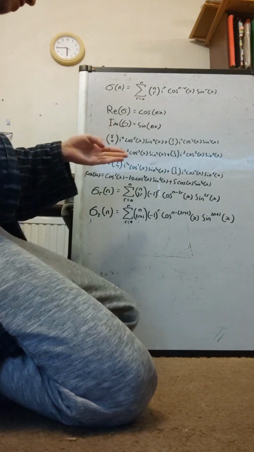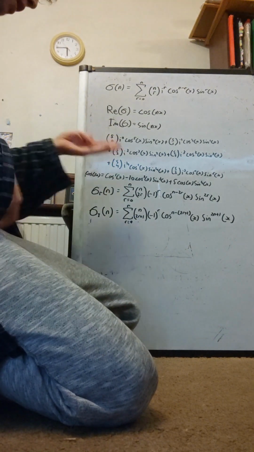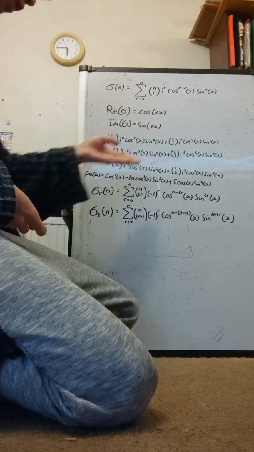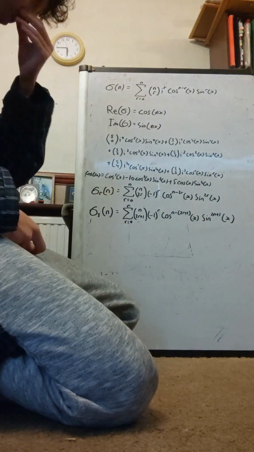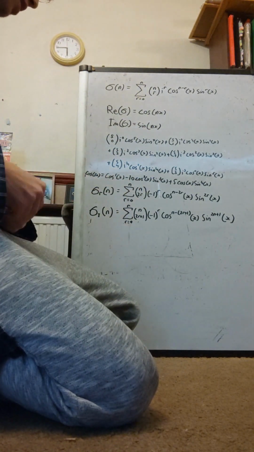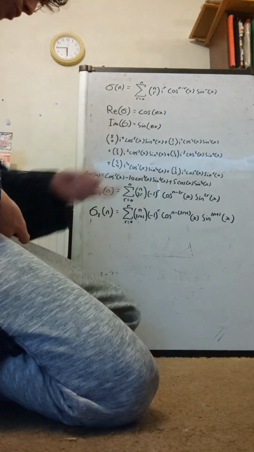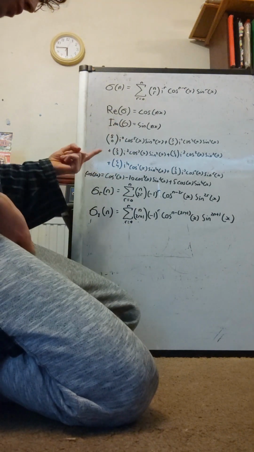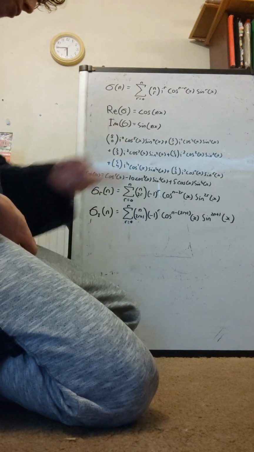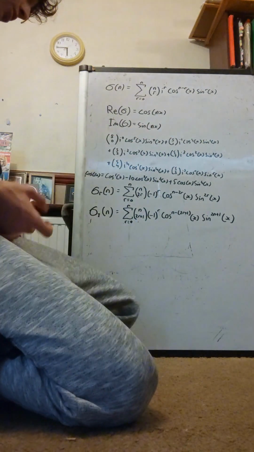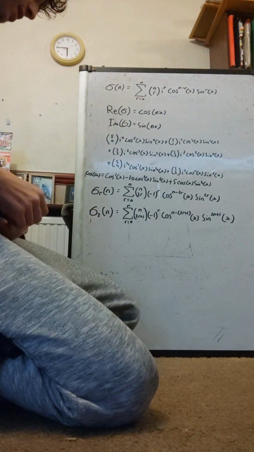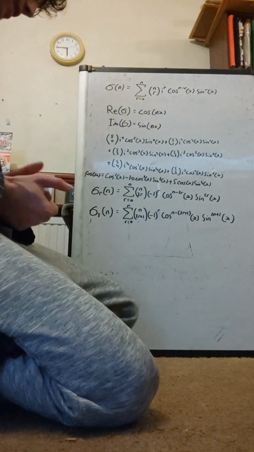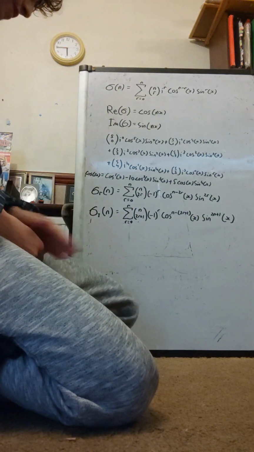So minus 1 to the 0 would be 1, which is i to the 0. Minus 1 to the 1 would be minus 1, which is i squared, and so on. And then the cosine of n minus 2r: well, n minus 0 is 5, so you keep that. Then n minus 2 times 1 is 3. So then you have the 3 term, and then you keep going down the terms to keep the real part, and the sine is exactly the same, and the cosine is just that but flipped, right,